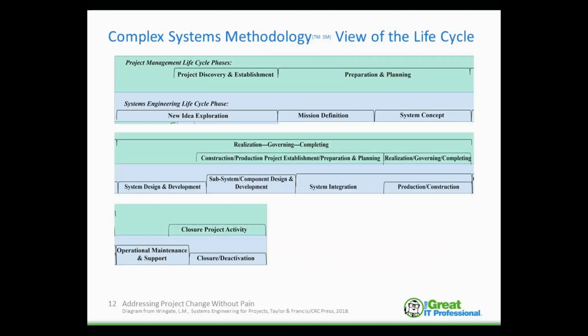So the methodology that I teach is a combination of both generic project management lifecycle methods and generic systems engineering lifecycle methods. And using this method extends the traditional project management activities through operations, maintenance, and support from a systems perspective all the way through closure. So all along this life cycle, change is occurring, whether it be